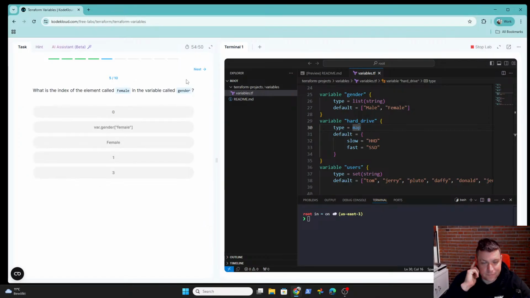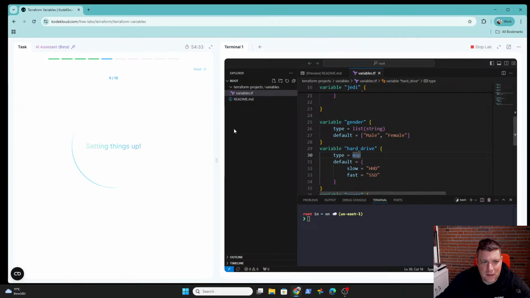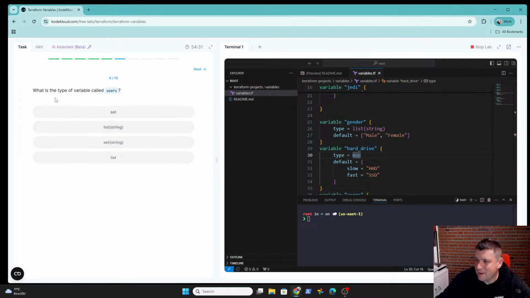That's right. And what's the index of element called female in the variable called gender? This one is index, var gender female. I would call it 1. So 0 is male, 1 is female. And there are only 2 genders in this one.